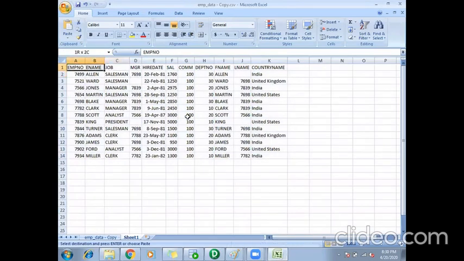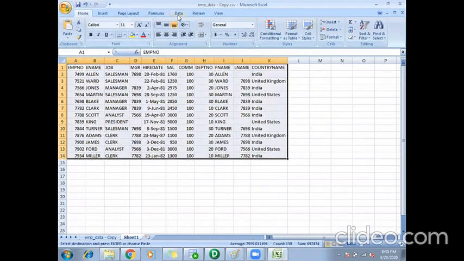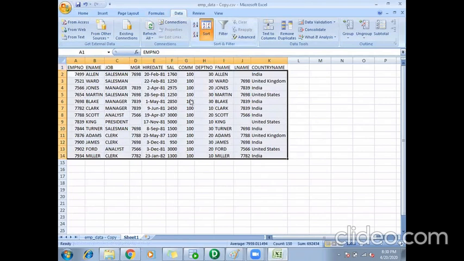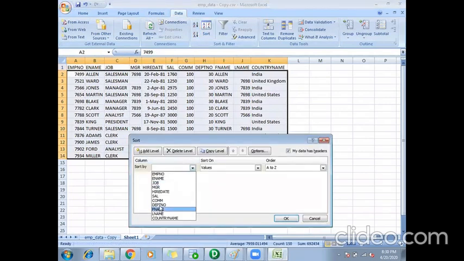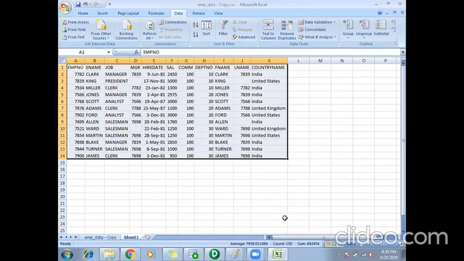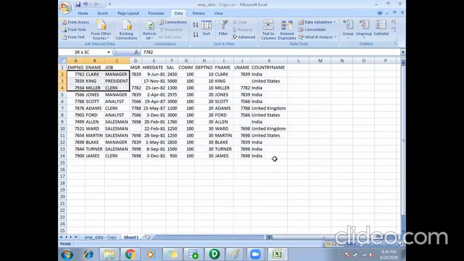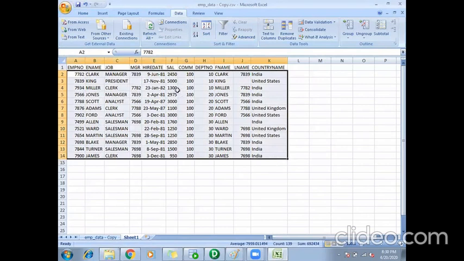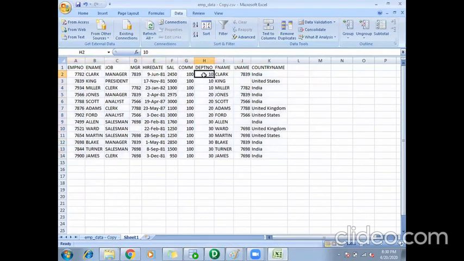So what will your sorter do? Here I'm sorting on department number from smallest to largest, that is in ascending order. So this will be the output of my sorter. All the records with the same department will be one after the other. That's what the sorter is doing.